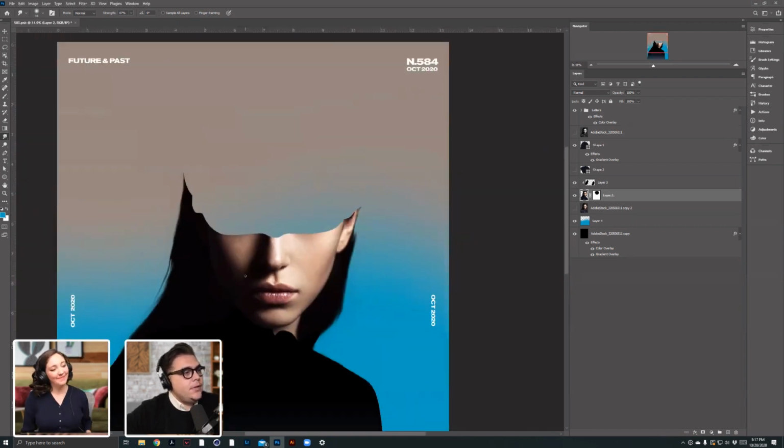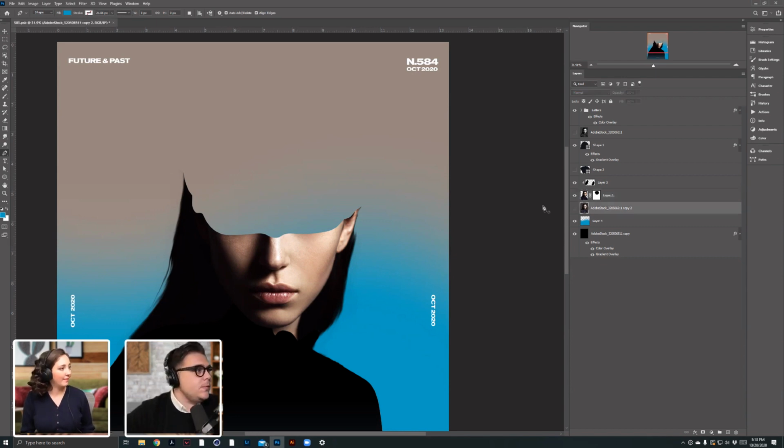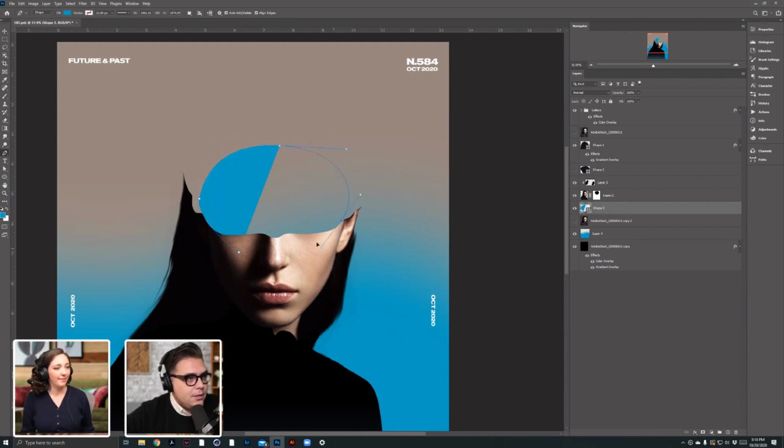So after that section is done, what I want to do now is start adding what would be the top of her head, and I'm planning on adding some stuff on top of that. So let's go ahead with the pen tool and add that surface on top. I'm going to create 3 of them so that I don't go crazy. One is the actual head, and you would just imagine where her head would finish